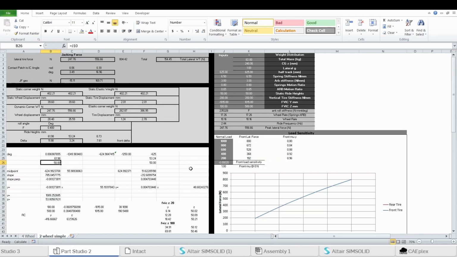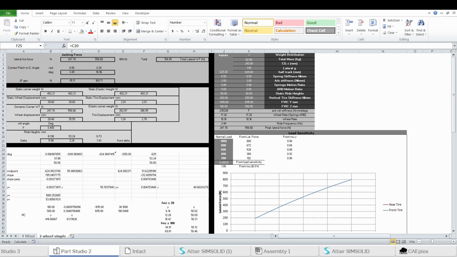And to find the roll point, I guess you could call it roll pivot, it's not the roll center, I just took static ride height, then I took the dynamic ride heights here, and I found